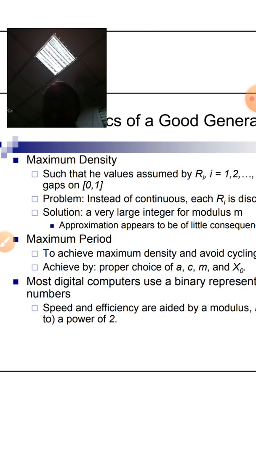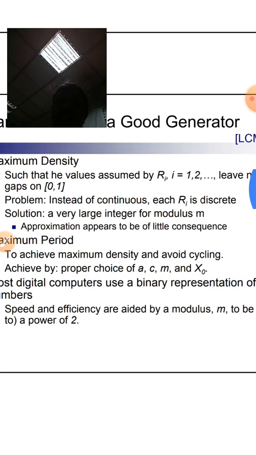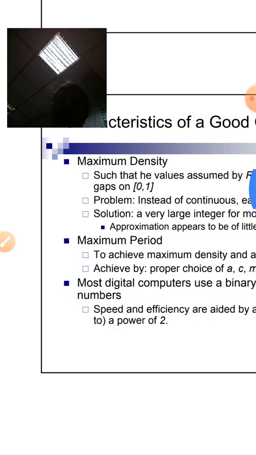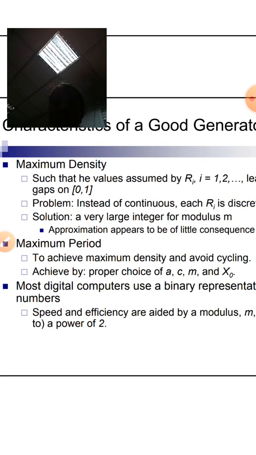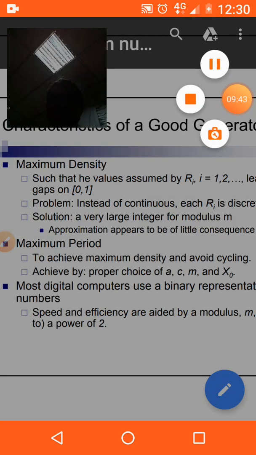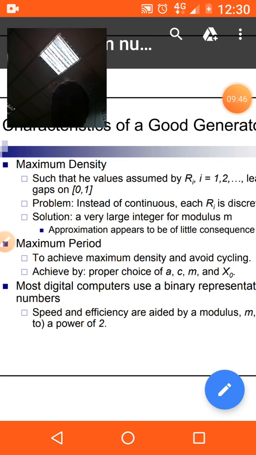Instead, if a random number is not continuous and Ri is discrete, the solution is to take the modulus m to be a very large integer, so that the approximation appears very small, of little consequence. The maximum period, what we want to do is the density we are going to